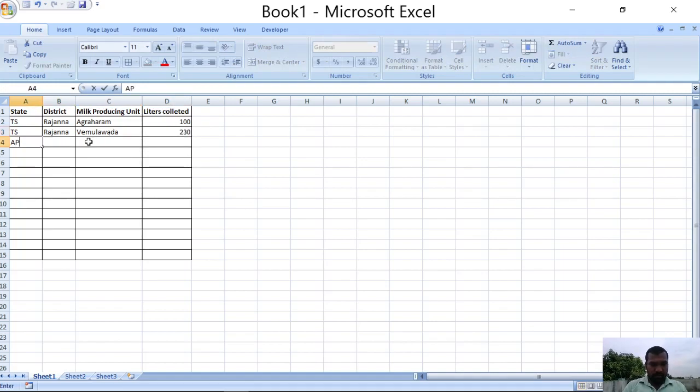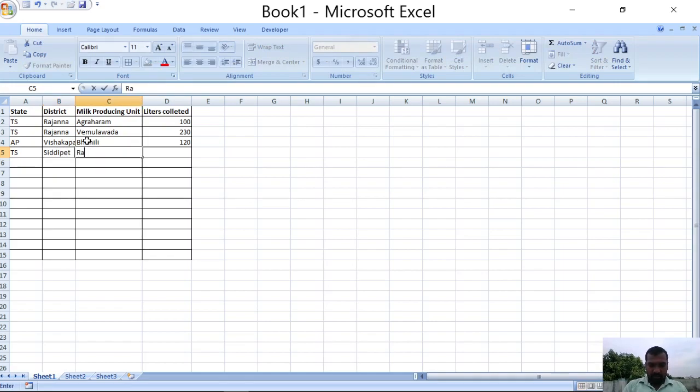Okay, so AP, district name is Vishakhapatnam, and village name is Bhimli, number of liters collected 120. State name is TS, and district name is, for example, Siddipet.